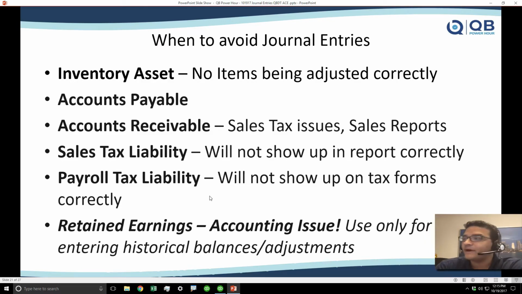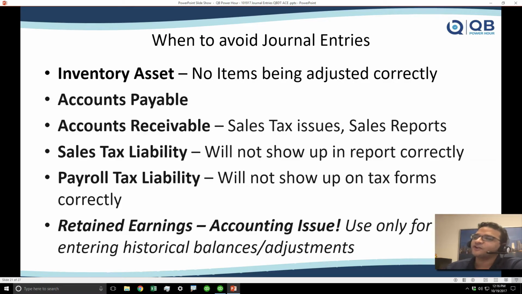Now, accounts payable and accounts receivable. Accounts payable really is because you may have an issue with open bills and stuff like that. And accounts receivable, most specifically, has to do with sales tax and sales reports. Most QuickBooks sales reports derive from invoices and sales receipts, and accounts receivable don't play well with sales reports, and they also look really strange on a statement. So that's why you want to try not to use accounts receivable, and particularly because of sales tax,